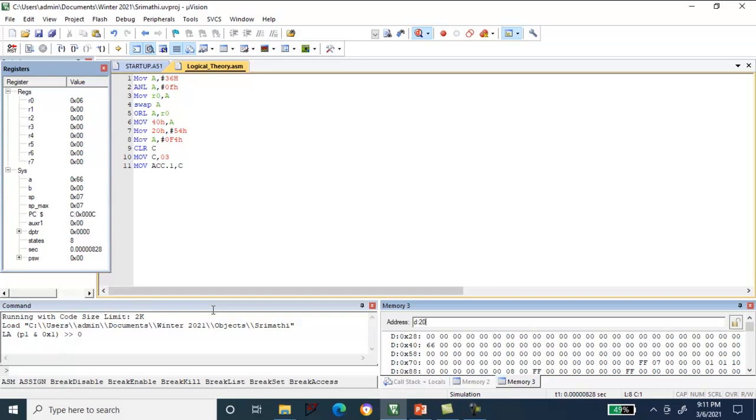Yes, it is there, 54. Then the accumulator should have F4. See, the accumulator is having F4. It's not F4, no, it is F6, that we have changed. I'm sorry, guys.